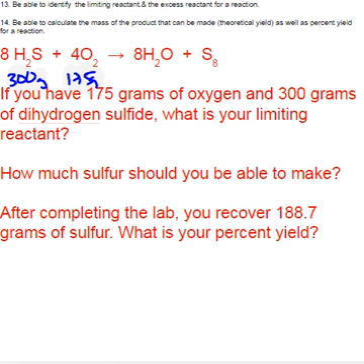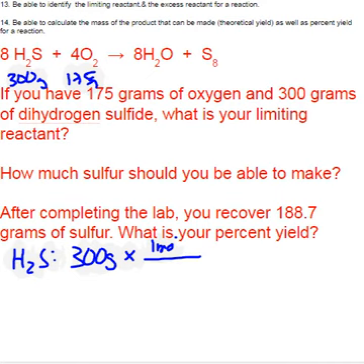I have to take the 300 grams of H2S, and I first have to find out how many moles of H2S that is. So H2S is 34.09 grams. So 300 divided by 34.09. So it's 8.80 moles